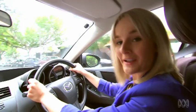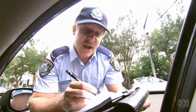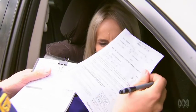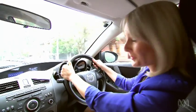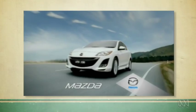So, you've bought a new Mazda and you don't have a care in the world. Talking to camera while driving, it's a $300 fine. So, you've bought a new Mazda and apart from one care in the world, you're all about the